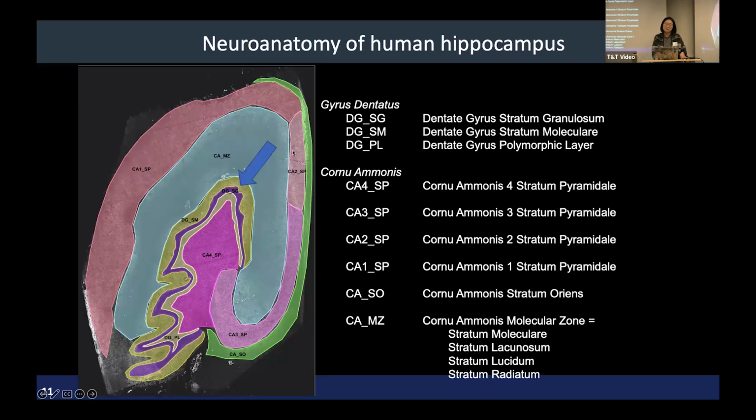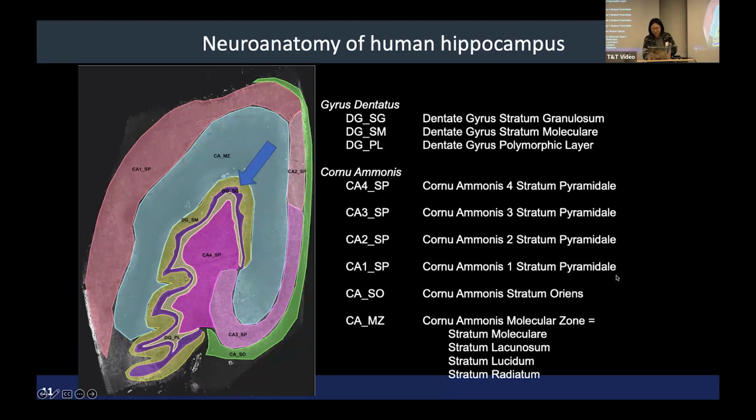And then there's another region, the cornu ammonis, like a horn. So there are CA4 at the very center connecting to the dentate gyrus, and also CA3, CA2 and CA1. So this belt is the neuron-containing region in the cornu ammonis, but there are also 2 other layers, like the molecular zone and the stratum oriens, the polymorphic zone in the cornu ammonis. So similar to what you see in the dentate gyrus, they're enriched in axons or dendrites, and we'll get back to that. So in this highly organized human hippocampus, how can we map single cell morphology,